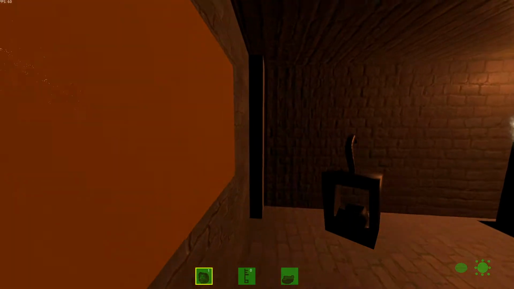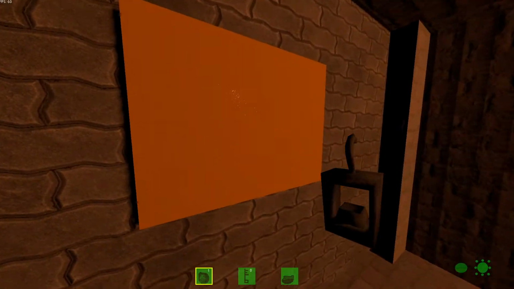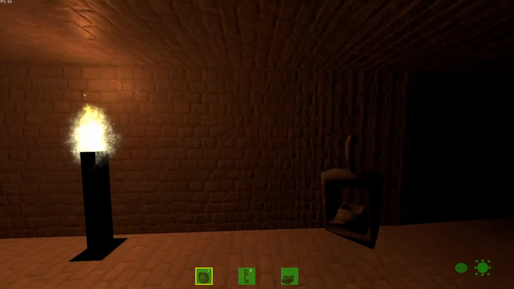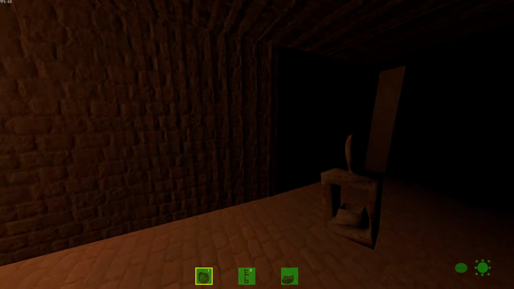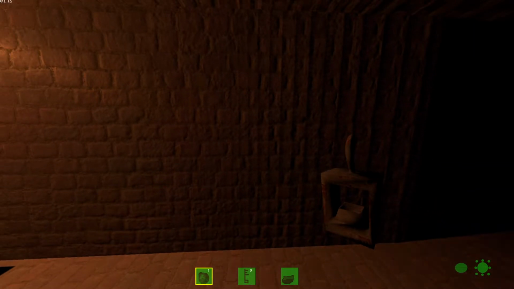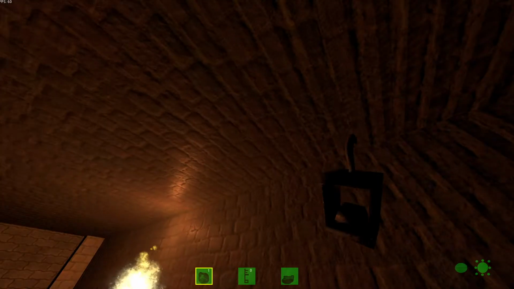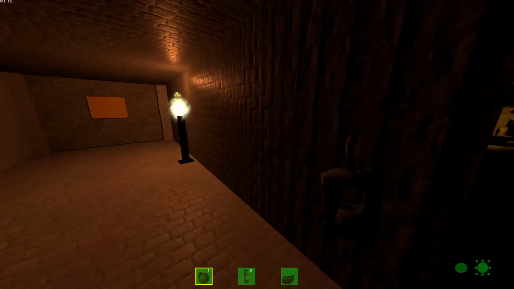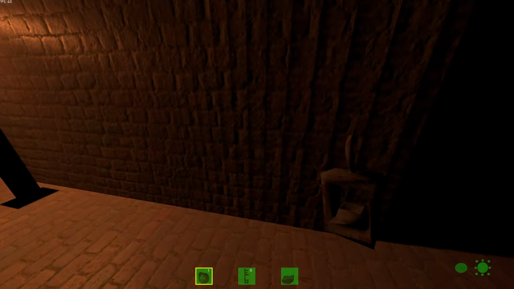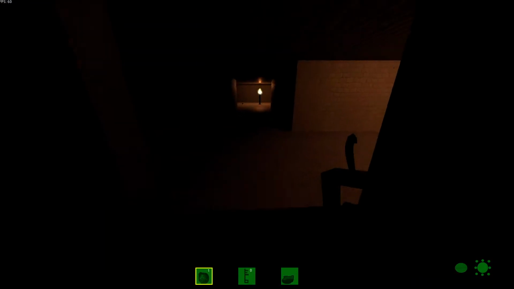Alright, so I think this is another one of those doors that wants a key. Presumably, because I don't know what this thing would be other than that. Why does that wall look weird? What is this? Is this some... It's like the texture is bugging out or something. Or is that the lighting? Wait, so there's...